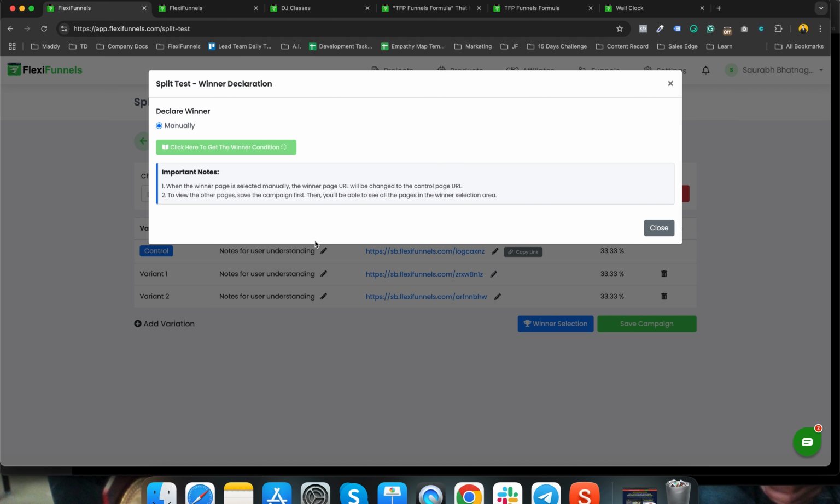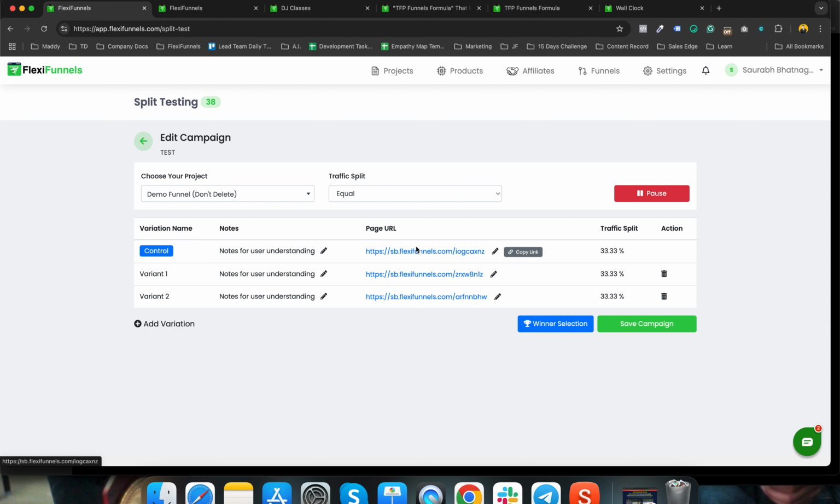Now what is going to happen? The most important thing is, let's suppose after your test you decide that this page is the winner, and you will end the campaign. After this, this page will be loading 100% of the traffic if you decide this page to be the winner. If you decide this page is the winner, then in the backend, automatically the URL of this page